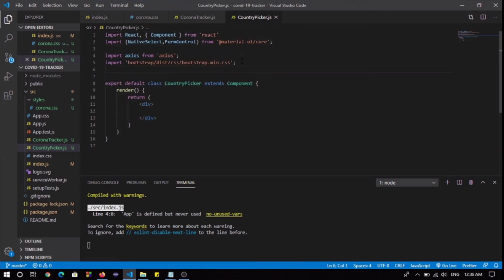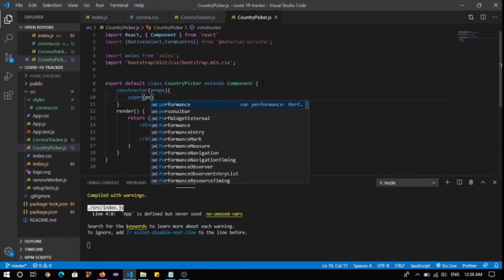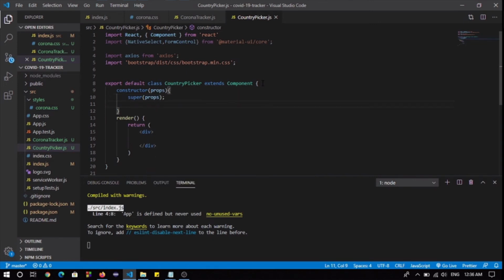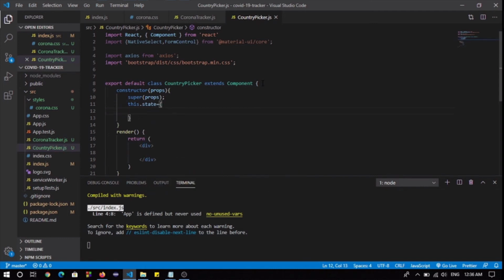And the additional imports that we are going to use for making this country picker component, and we are going to define a constructor which will take props, super props, and after that we are going to define state like countries. It will have a list of countries,